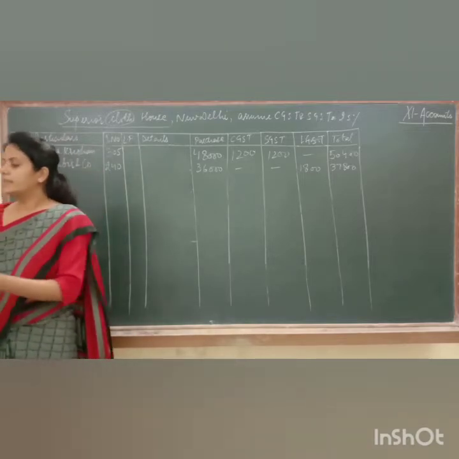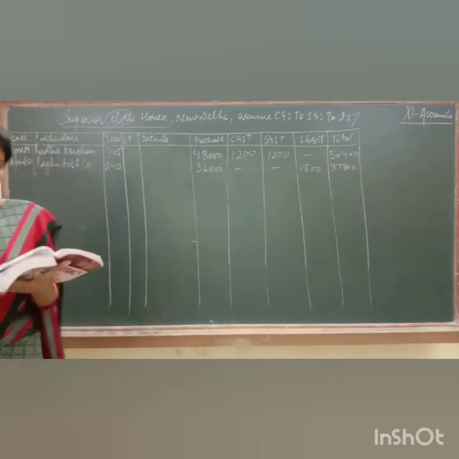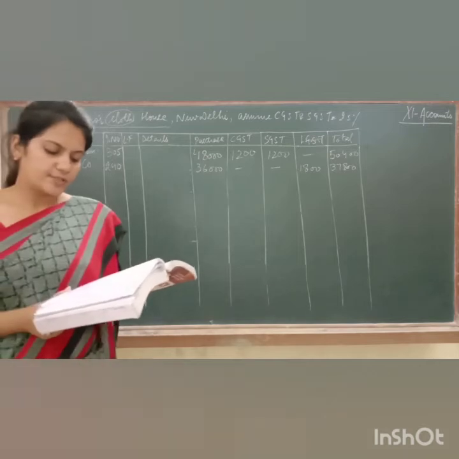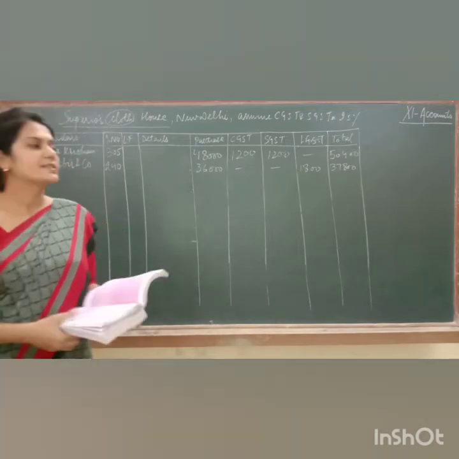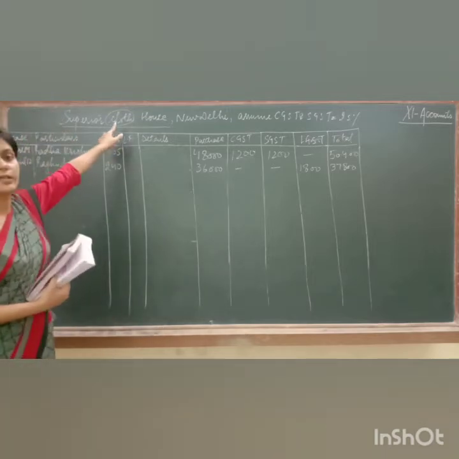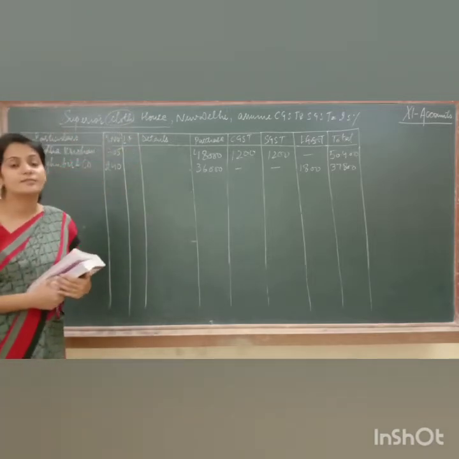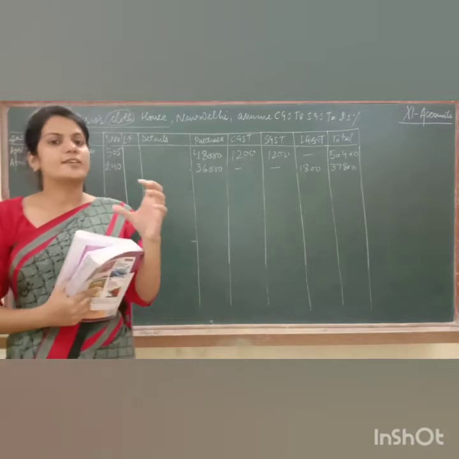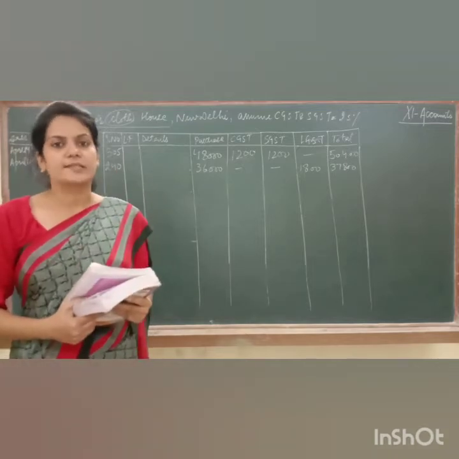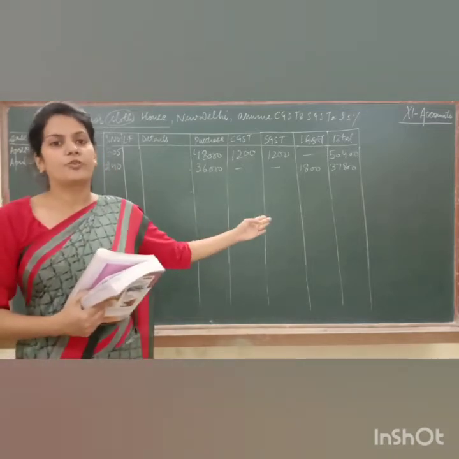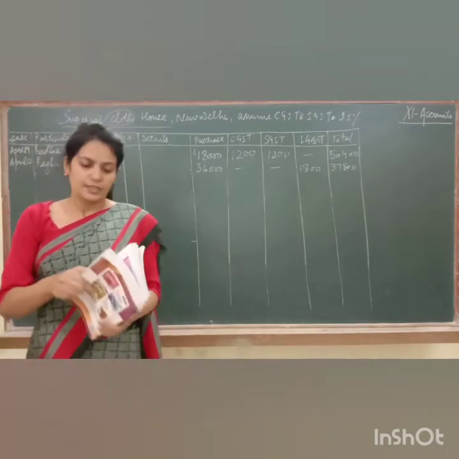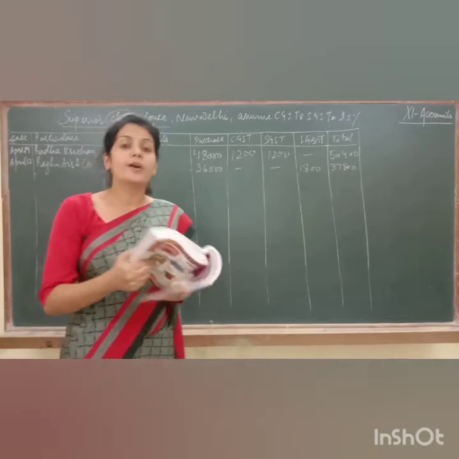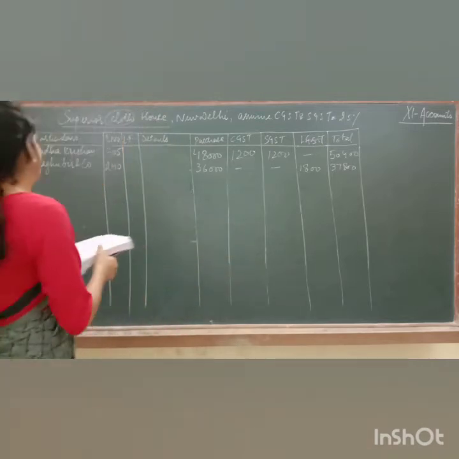Third transaction is that we have purchased from Modern Furniture House, Delhi, 10 chairs at the rate 2,000 per chair. See, our business is of clothing. If I am buying some chairs, it means that the chairs are not the goods, rather they are assets. And assets are not to be recorded in the purchase book as I told you. So we are going to skip this transaction. Next is purchase from Hari Om and Sons of Gujarat.